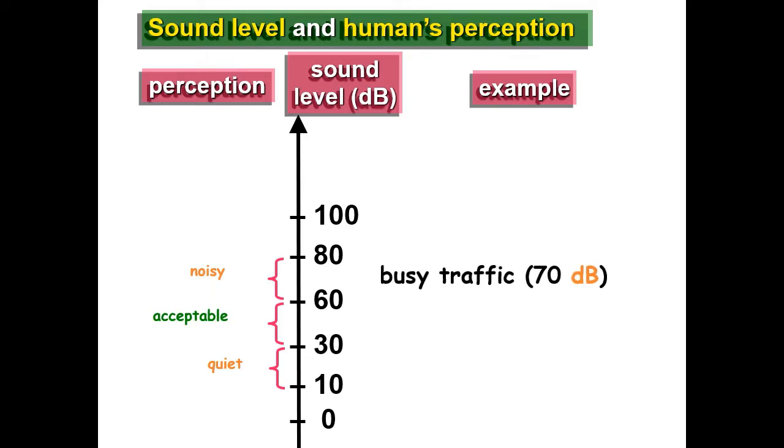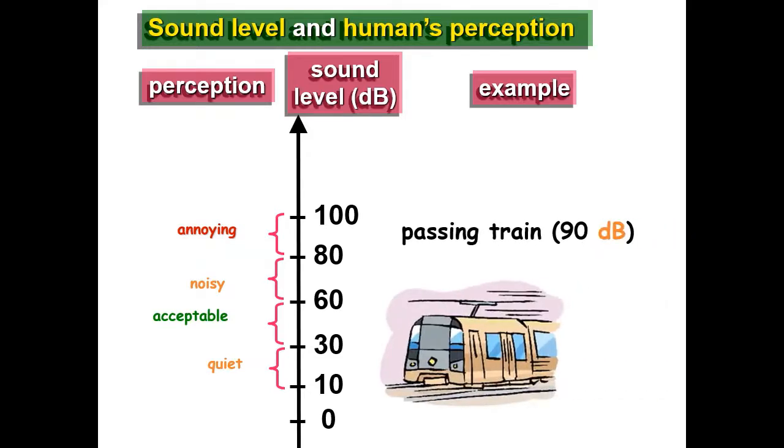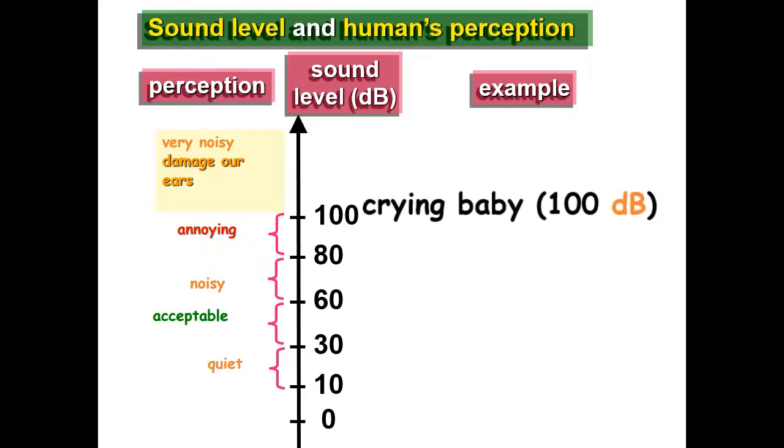Example is busy traffic. And once it is in the range of 80 to 100, it is considered to be annoying. And the examples are, yeah. So next, it's a passing train whose noise level is 90 decibels, or sound level is 90 decibels. And once it exceeds 100 decibels, it's considered to be very noisy and it can cause damage to the ears. Examples: crying baby, 100 decibels, and the other examples are